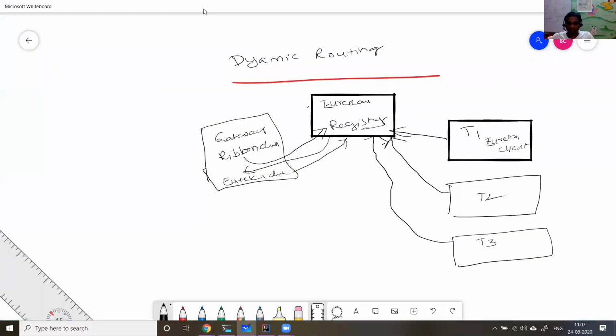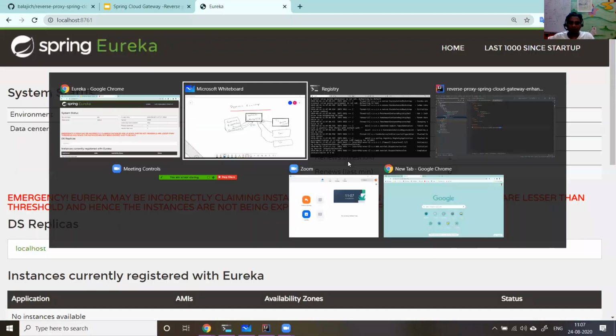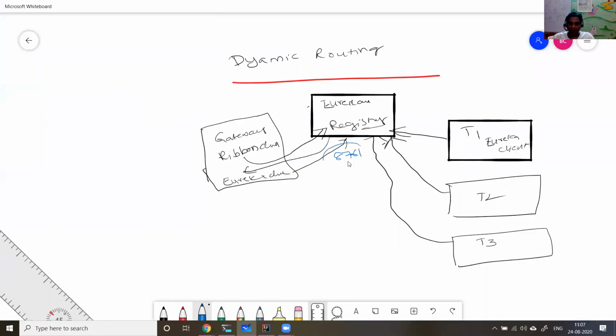So now let us understand the ports. The registry runs on 8761, by default. We are running the REST API on 9090, 9091, and 9092, and the gateway is running on port 8080.